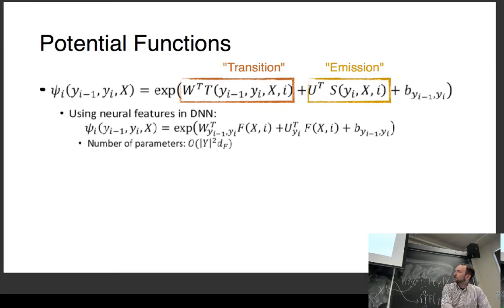So if you look, this is the size of the vocabulary. This is not the length of the target sequence. This is the size of the vocabulary squared times the dimension of the, or basically times the size of this weight matrix, because we need one for every tag transition, right? So if we think, let's say we have our embedding size, which is 512, and then we have,